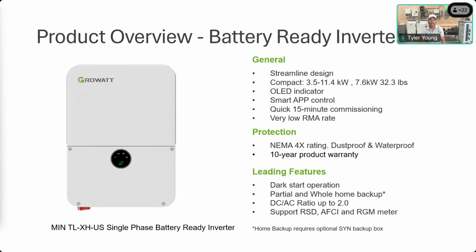It's a compact design. It doesn't weigh too much. It's very easy to install. The install is like a 15-minute install time and also a 15-minute commissioning time. And one thing I wanted to point out was the very low RMA rate. There are not very many failures of this particular product, and I think that's why we have outstanding partnerships with